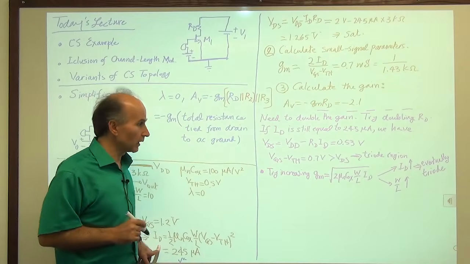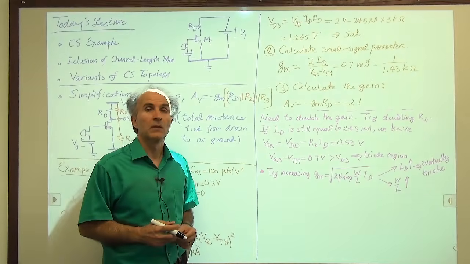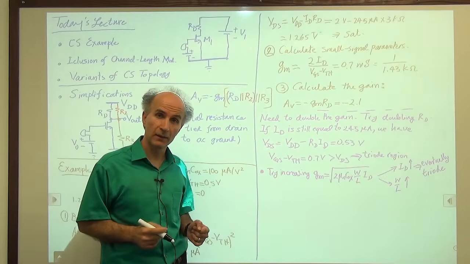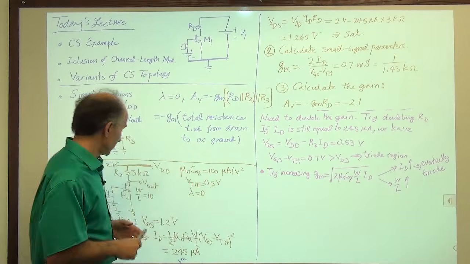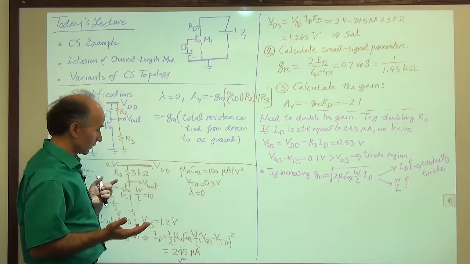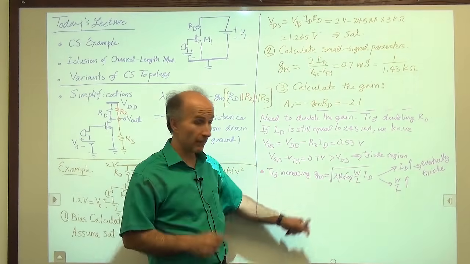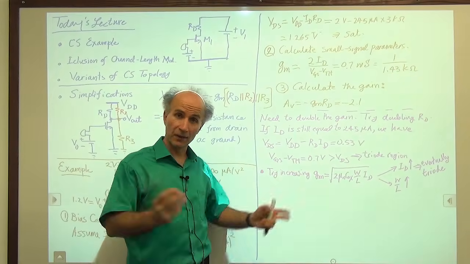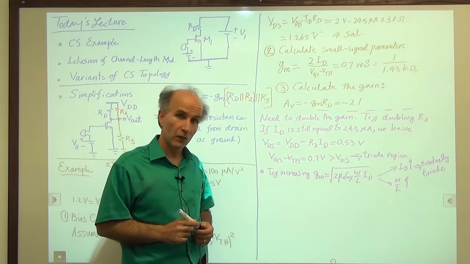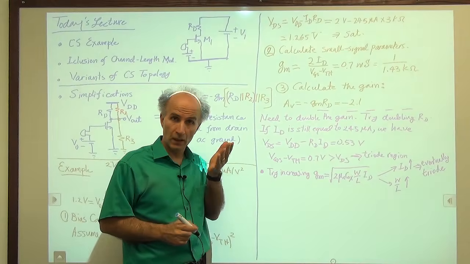So let's go ahead and do that. We keep ID constant, and we keep making the device wider and wider. So that seems to give us plenty of flexibility. If ID is constant, this VDS is constant, so we're good. We're not collapsing. And it seems that we can increase W over L indefinitely, increase GM indefinitely, and achieve a very high gain. Unfortunately, that's not true. So without going through details in this course, what I will show you is the final